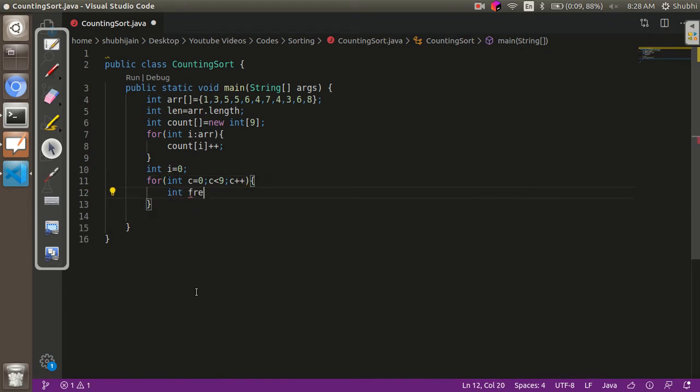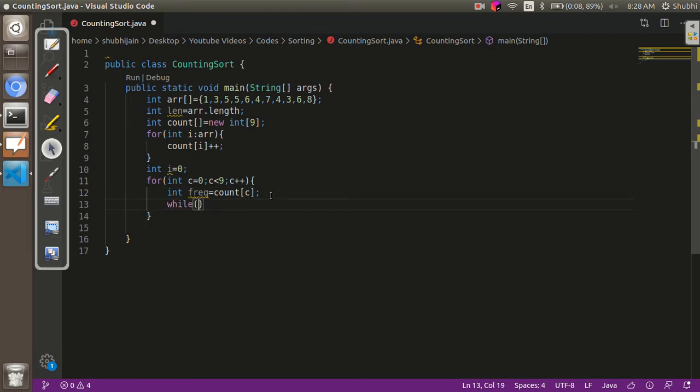We'll take an integer type variable named frequency and store the number of times the particular index has to come. So over here the frequency will have the number of times this element C has to come in the array.